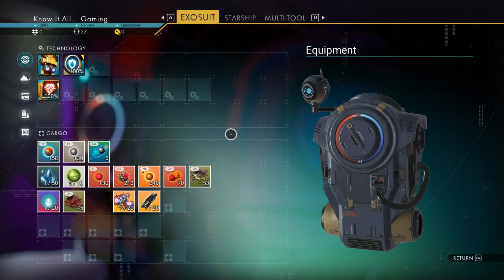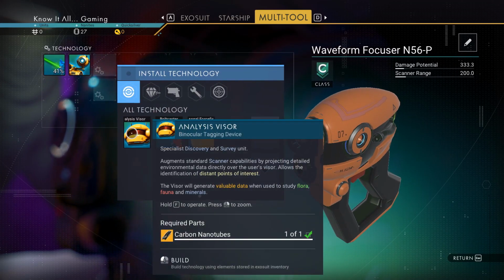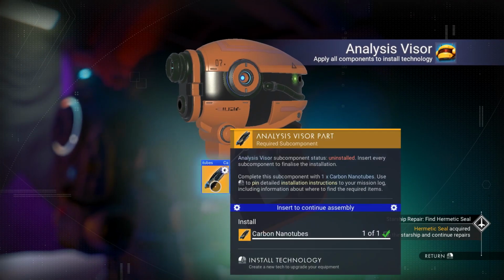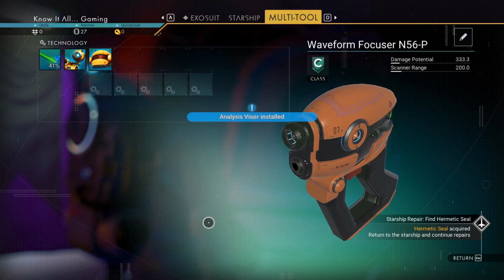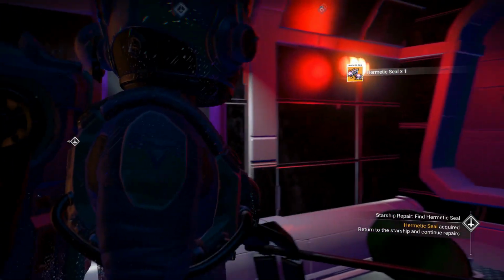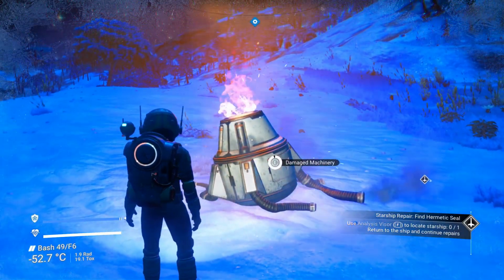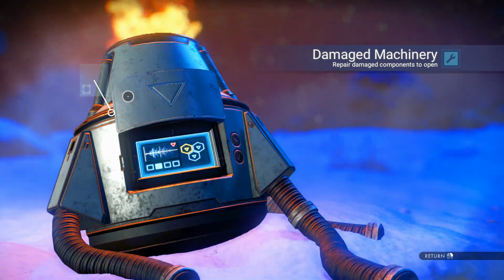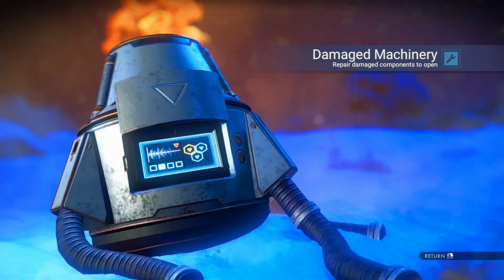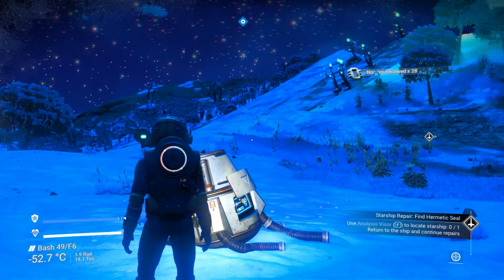So again, we've moved to the location, and we've got the stuff that we needed, the hermetic seal, and more importantly you can now build the analysis visor, which is what we built the carbon nanotubes for. So we've collected our hermetic seal, and we've also installed the analysis visor. The next thing you want to do is every piece of damaged machinery that you see, go and collect from it. Now the reason I say this is you're going to get nanites,